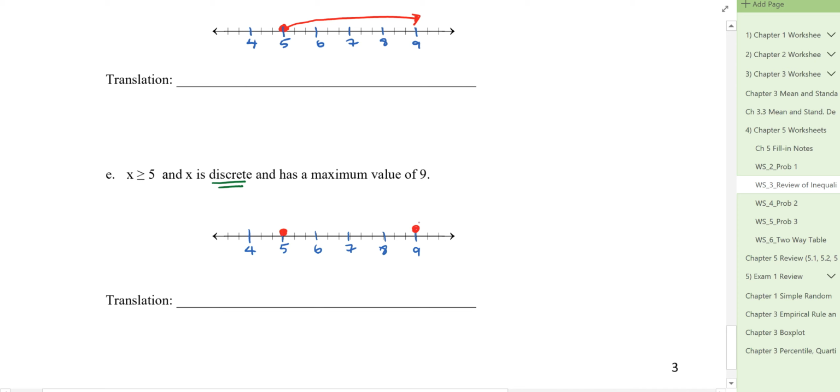answers for x. Well, x is discrete, so any number between those two will work. 6 is greater than or equal to 5, and 6 is less than 9. 7 is greater than or equal to 5, 8 is also greater than or equal to 5. So the values for x, you can list them out, are 5, 6, 7, 8, and 9. And in translation, I can say x are all discrete numbers, or finite numbers, integers, that are at least 5 and no more than